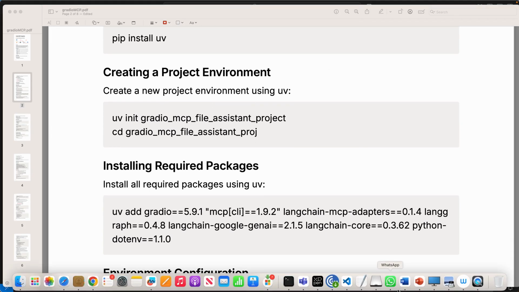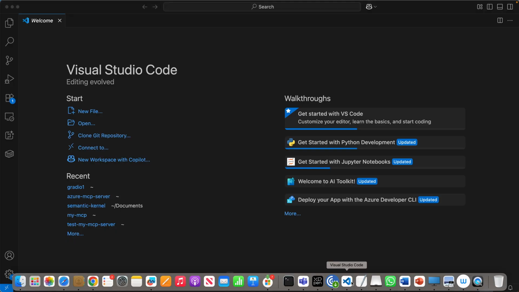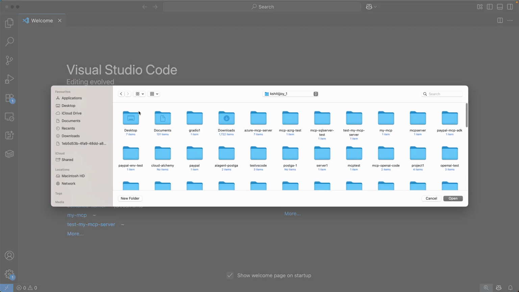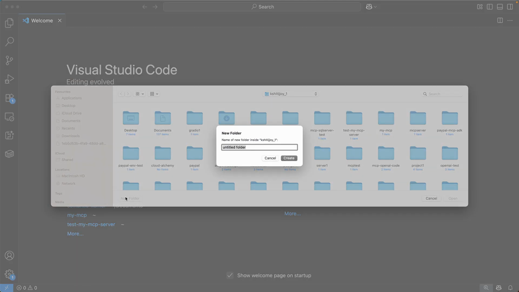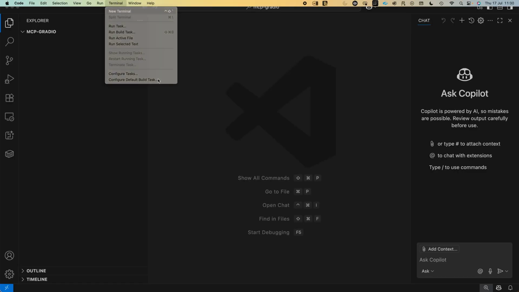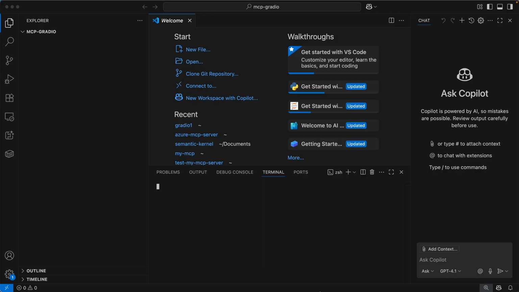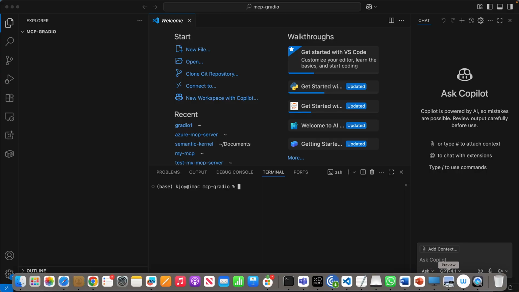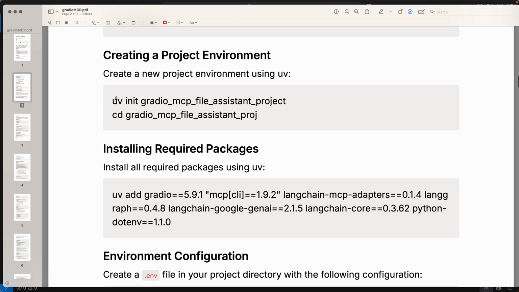So what we'll do is we'll go to our Visual Studio Code and I'll say open, and I'll probably create a new folder. I'll say MCP Gradio, right? I say open, I go to my terminal. Now pip install UV is already there, I'm aware of it, so we can just simply start basically creating our